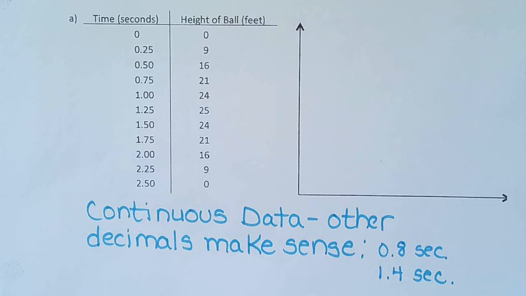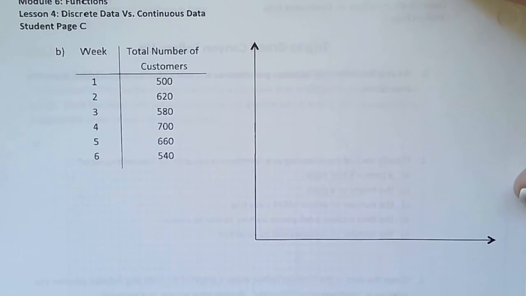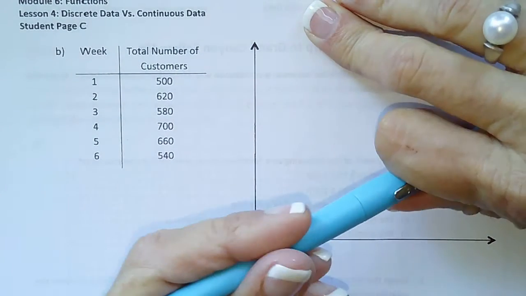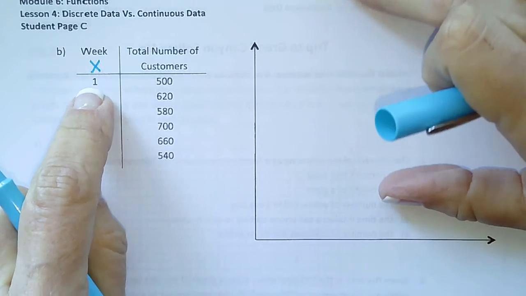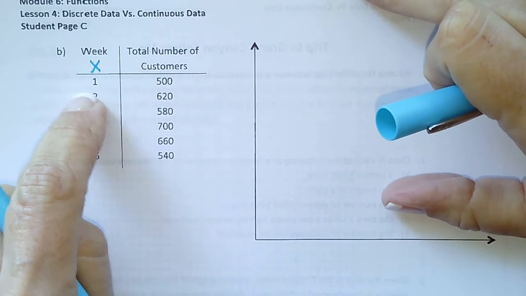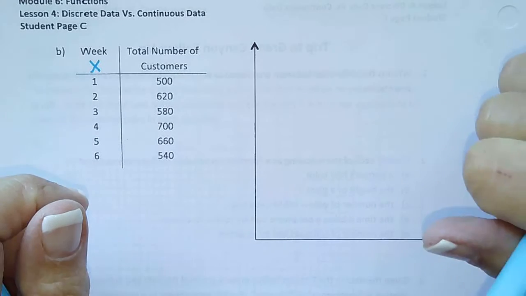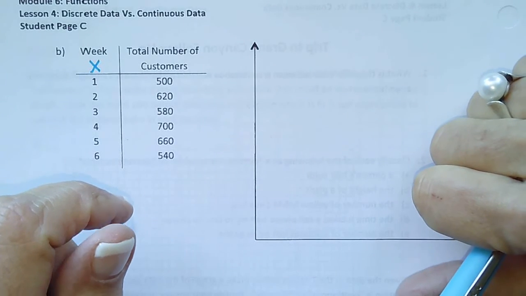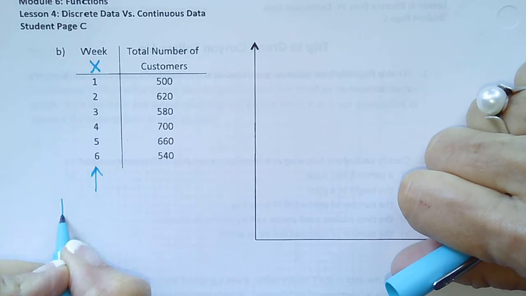Okay, let's go ahead and go to page 2. So again, we're not going to draw the graph. We're just going to look at the table and decide whether it's continuous or discrete data. So remember, we zero right into the X column and say, are they going to have a week 1.5? Are they going to have week 2.3? Does that make sense? Total number of customers at week 1.3? No, that doesn't make sense. So this would be discrete